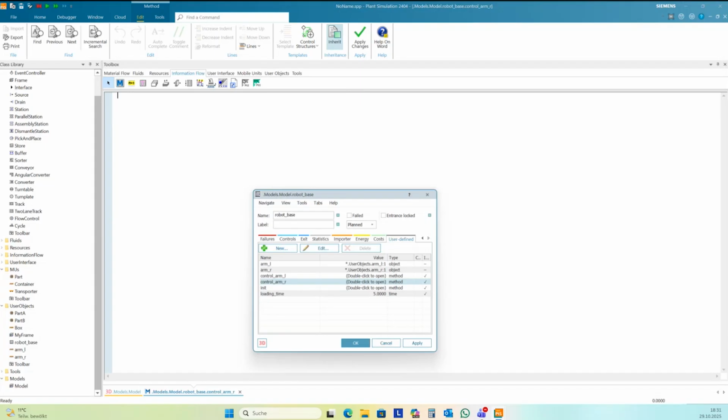Both look quite similar. First, I need to move to the conveyor with the single parts, and I need to switch off the inheritance first. I have no condition here for picking the parts. Normally, you need more conditions to wait for a part. I don't want to do this here.